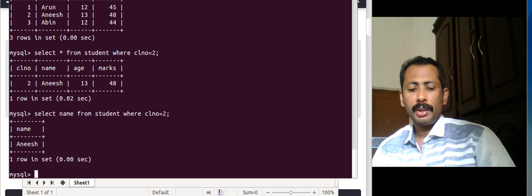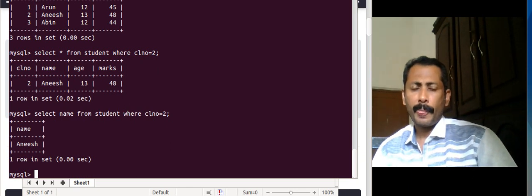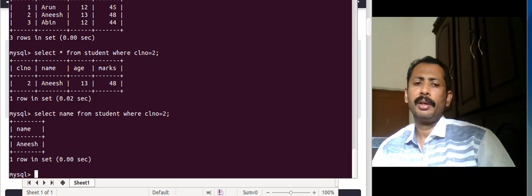So today we have seen some basic commands for database creation, table creation, data insertion, and data selection.